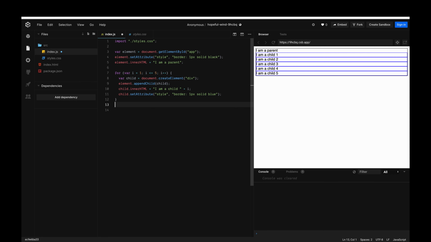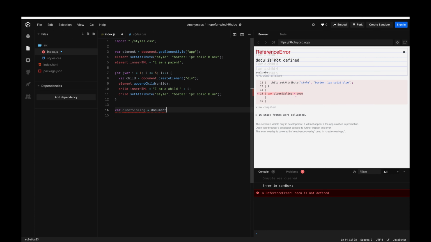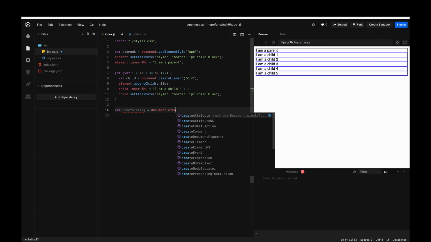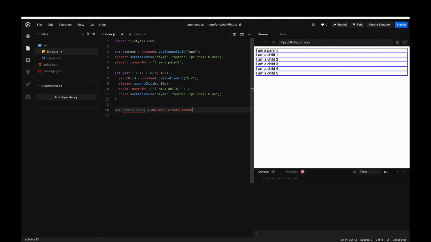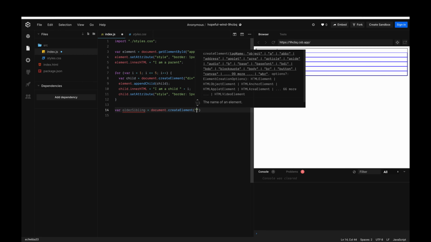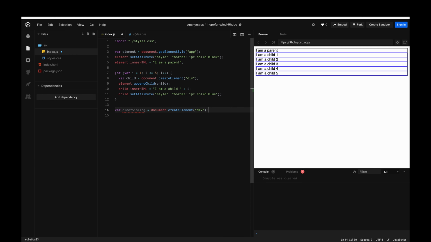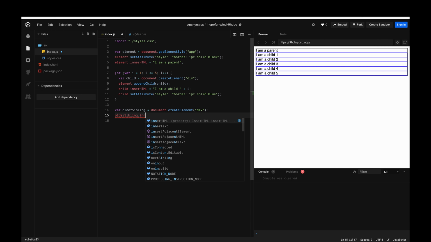So let's create a div we'll call older sibling. Add some text inside it using inner HTML,